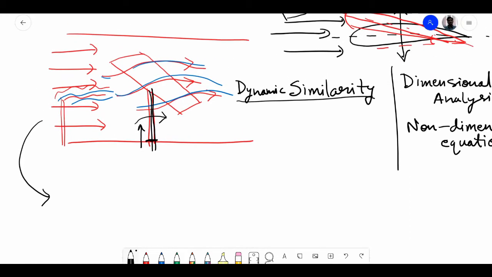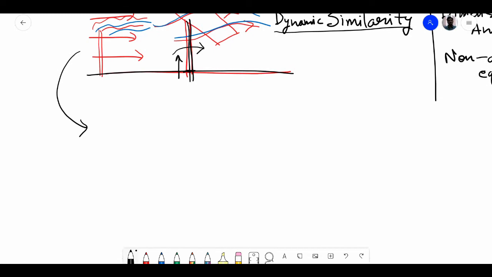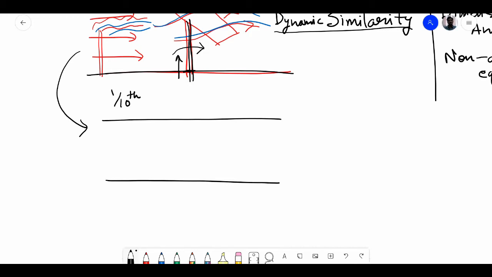This facility, which allows controlled flow of air and all these tracers and pressure measurements and all of these things combined, that is known as a wind tunnel facility. You can create a small wind tunnel, let's say 1/10 the size of the original wind tunnel, which can fit an entire airplane or something like that, or entire wing. You can scale it down to 1/10 or 1/20th or something like that,